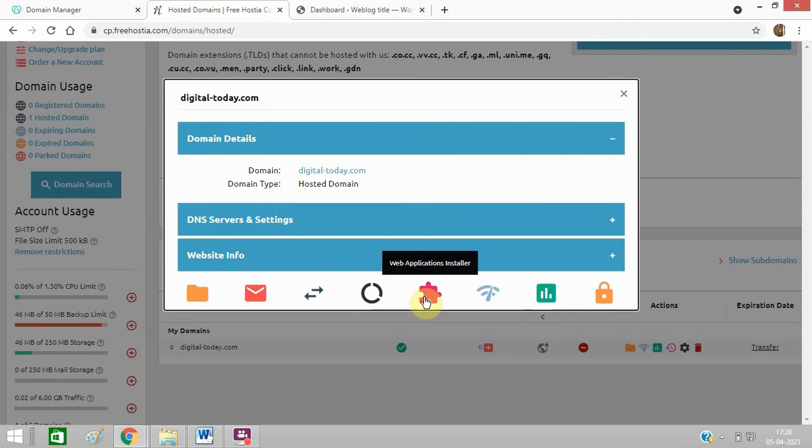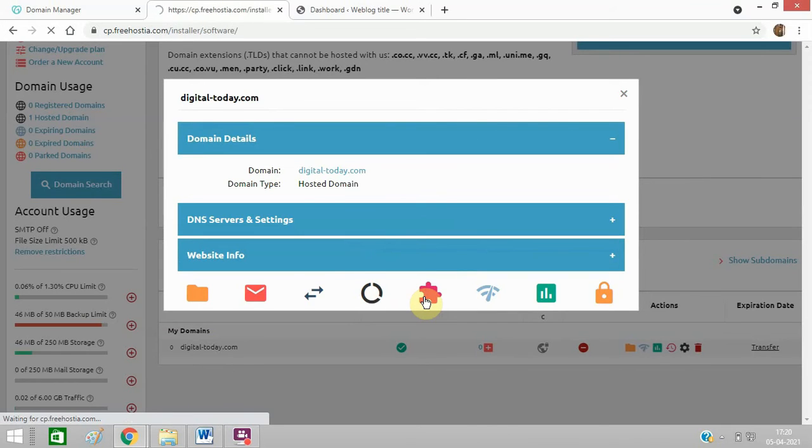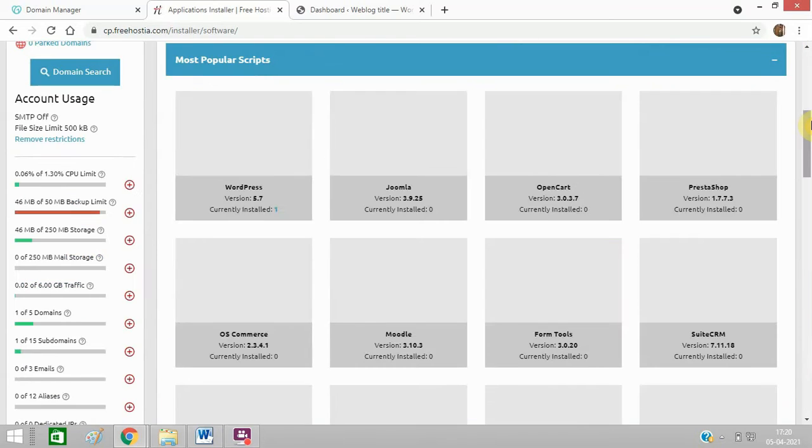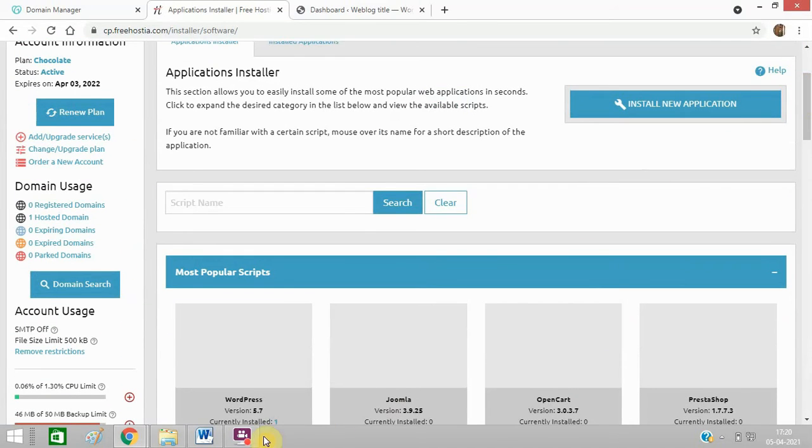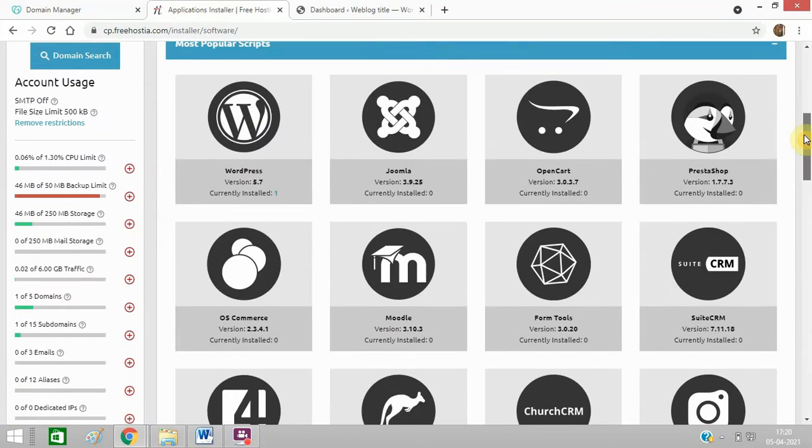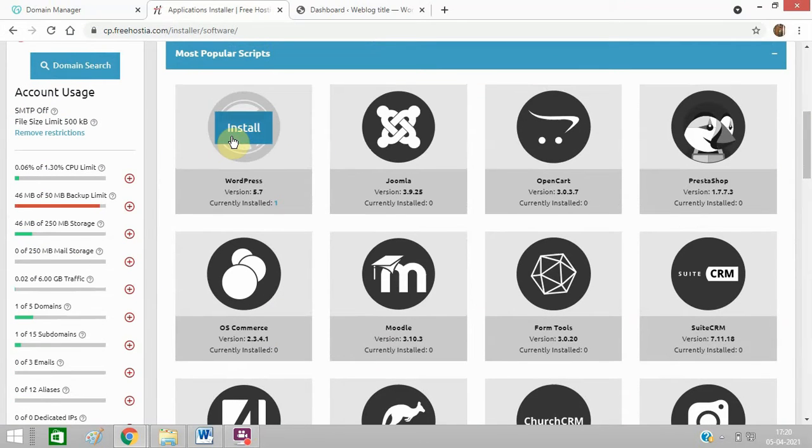Here you need to click on this web installer. I have already installed WordPress in this website, and you can see it is already installed. You just need to click this install button and follow the next instructions, and it is easy to install WordPress.